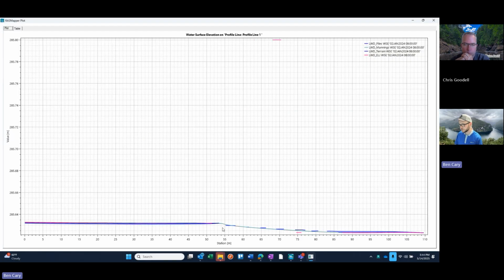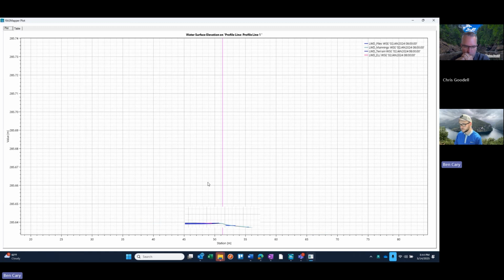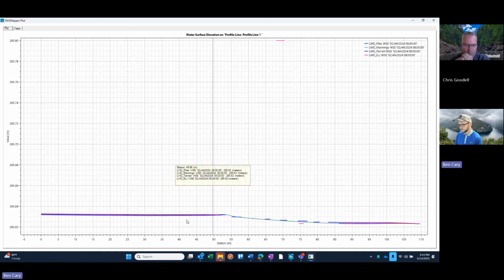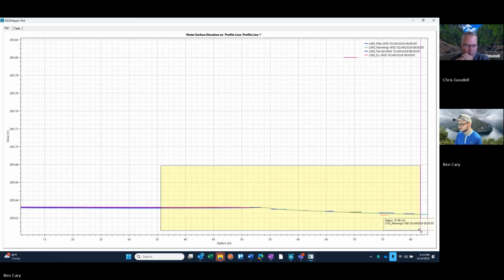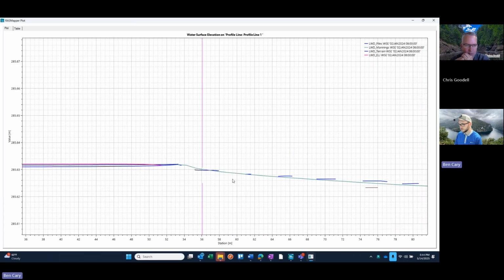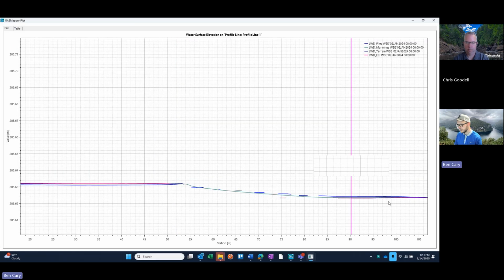And if we zoom in, there we go. What you're going to see here, again, our restoration feature somewhere in here. This is upstream of the restoration feature. This is downstream of the restoration feature. If we look at the y-axis here, we can see that all our water surface elevations are well within 100th of a meter. So we're definitely not seeing much change at all between these different